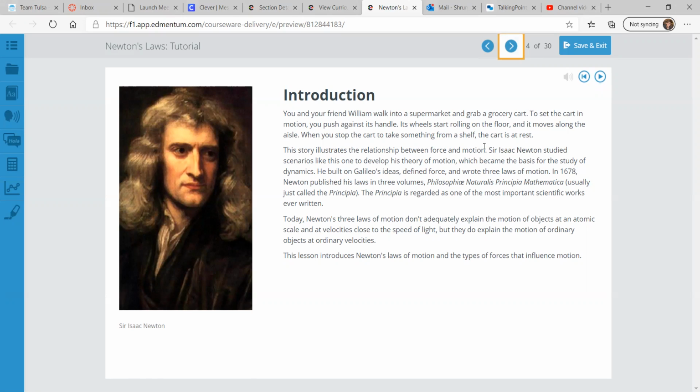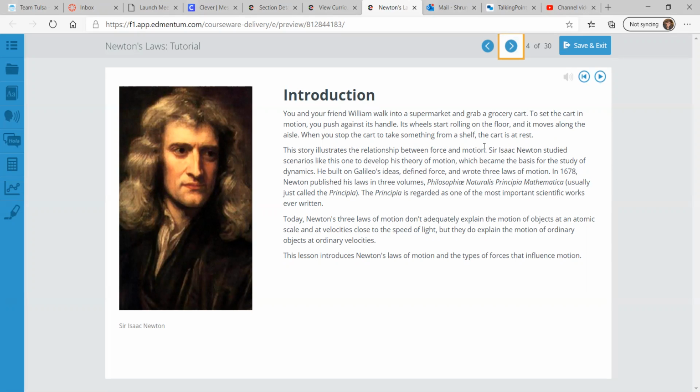He built on Galileo's ideas, defined force, and wrote 3 laws of motion. In 1678, he published his laws in 3 volumes: Philosophiæ Naturalis Principia Mathematica,